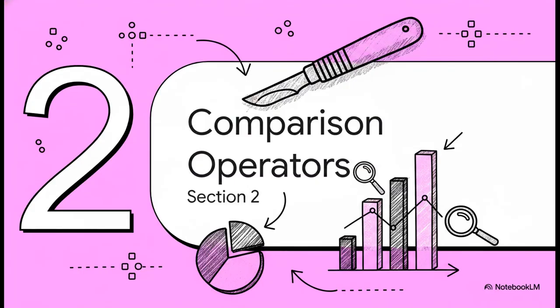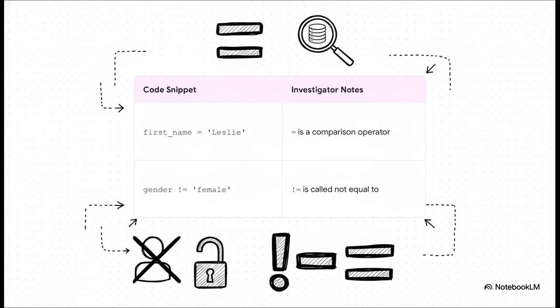Section 2. Standard comparison operators. Now, when you need exact precision, standard comparison operators are going to be your go-to tools, kind of like a surgical scalpel. If we write WHERE first_name = 'Leslie', well, the database goes looking for exactly that string, no exceptions. But it goes the other way, too. We can also exclude data. So writing WHERE gender != 'Female'